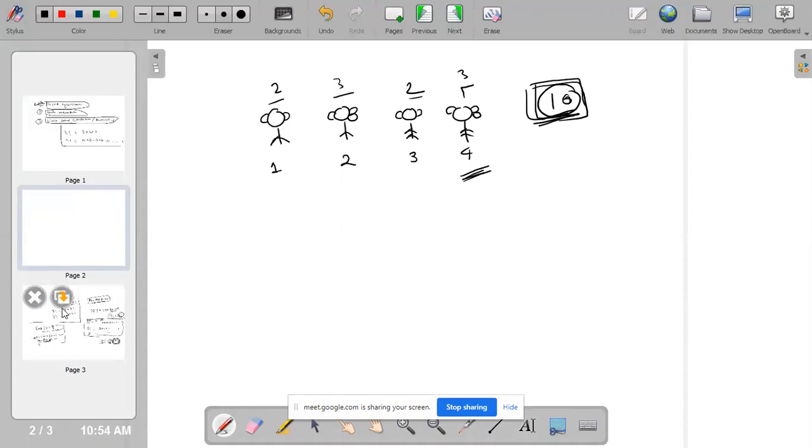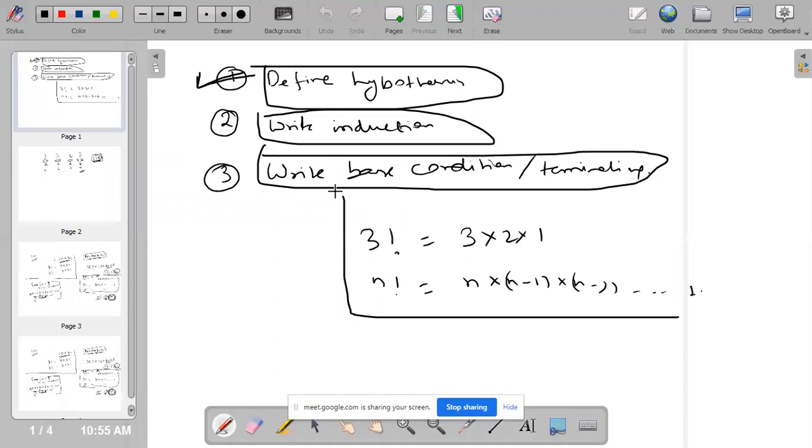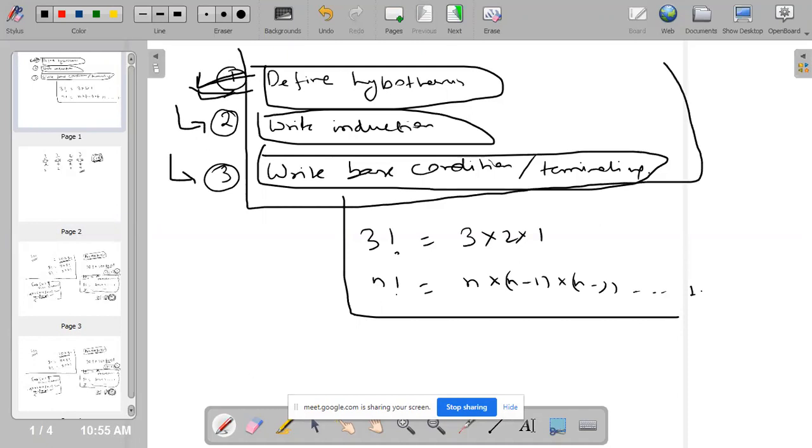Again, just follow this concept. Whoever is following me, I would always ask you to write in this pattern. First, define hypothesis. Always try to define hypothesis. What is hypothesis? Just try to reduce the input and see how it is working. The second step is write induction, and the third step is write base condition, and try to write it recursively.